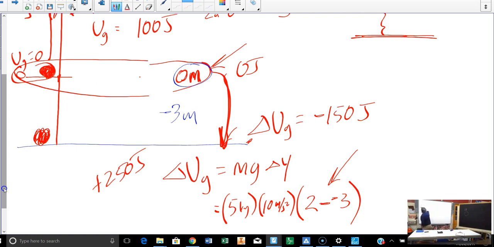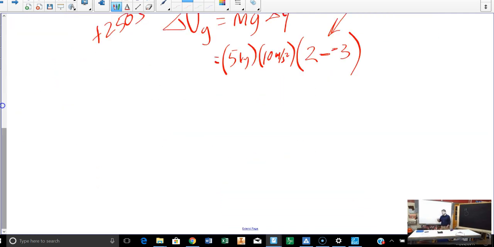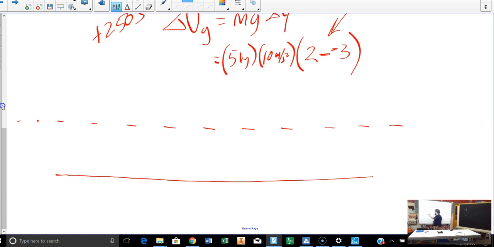The only other thing I will mention about gravitational potential energy is this, and that is, it doesn't matter how you get to a certain height. So if you have the ground and you have a certain height above it, doesn't matter what it is, call it 2 meters, 3 meters, whatever. If you push an object up a ramp and get it to here, or if you use an elevator to take the object from here to here straight up,